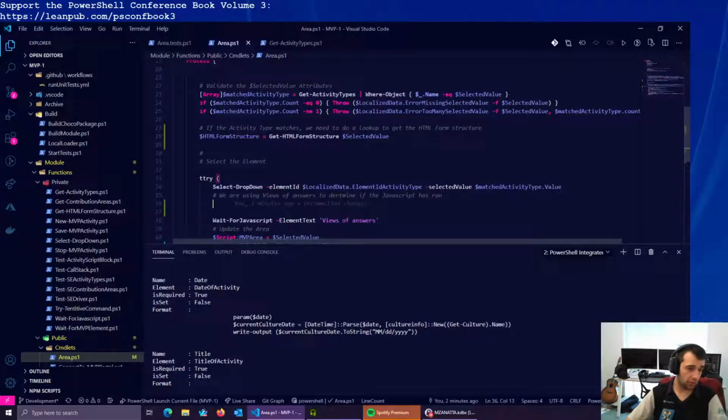So what we can do here is we can say, for each object, so it's going to essentially iterate through